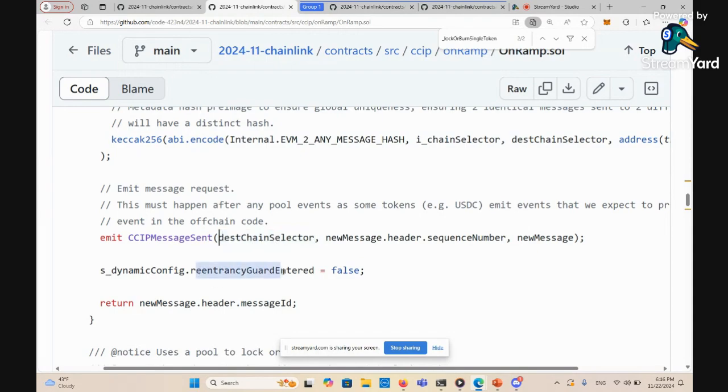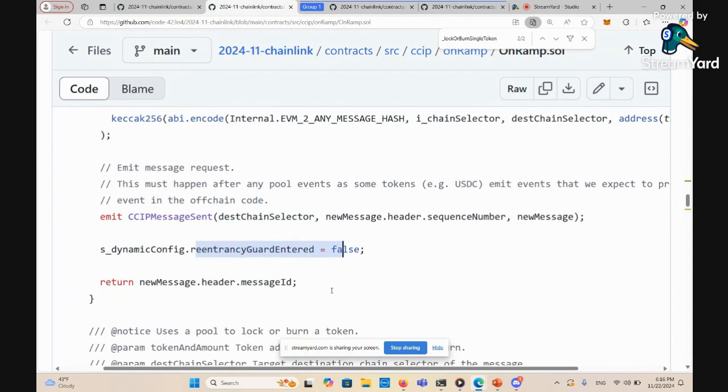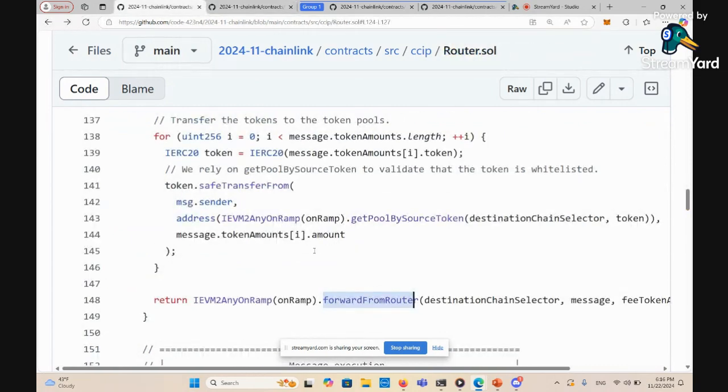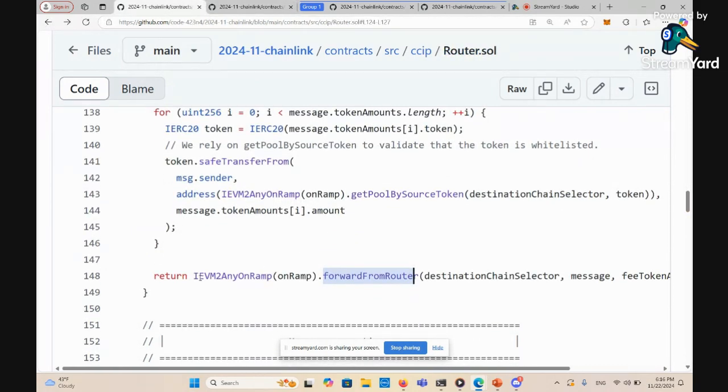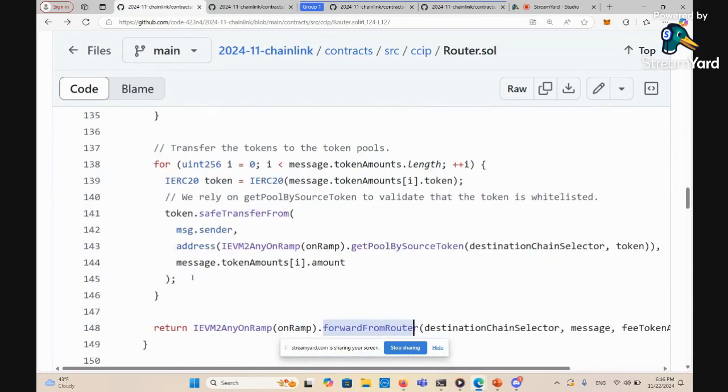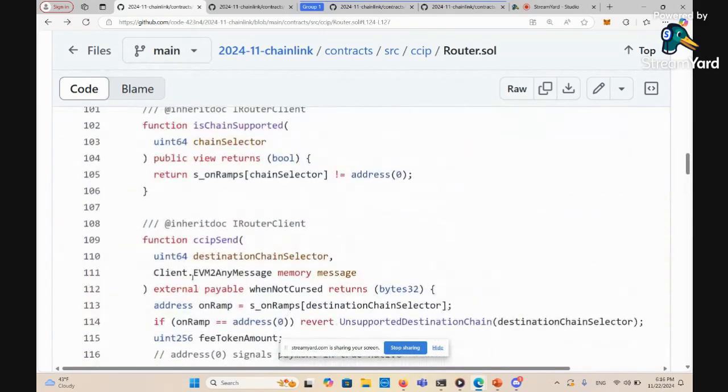And then eventually we set this to false, so we are done. And then this is going to return the message ID back to the router. And then the router is going to return the message ID back to the user, so the user can use that as a unique identifier to check the status of that message. So that's very much of how